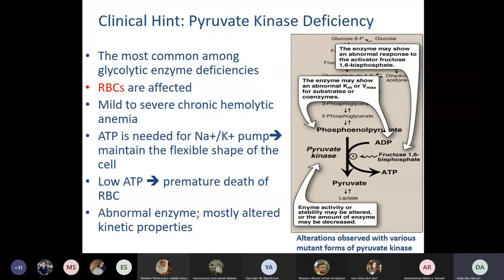Okay, and this ATP is needed for RBCs, specifically for the sodium-potassium pumps, and these pumps are important for maintaining the flexible or biconcave disc shape of the RBCs. Remember, the most important thing about RBCs is their shape, the biconcave disc, which is that way to be able to bend these cells once they pass through narrow blood vessels or narrow